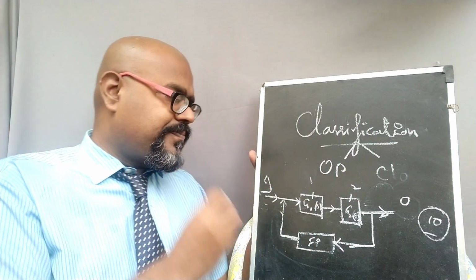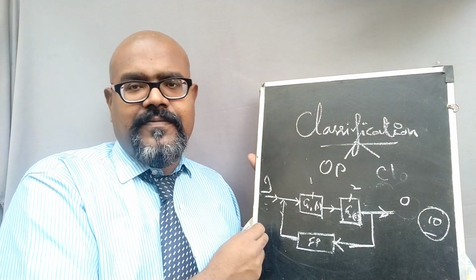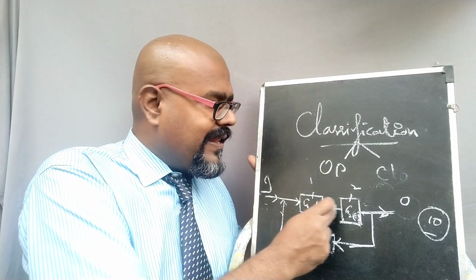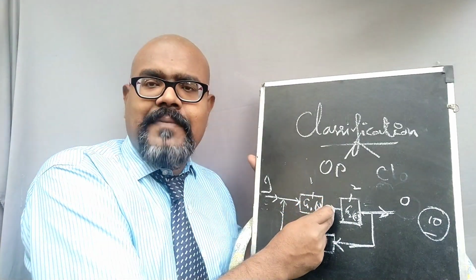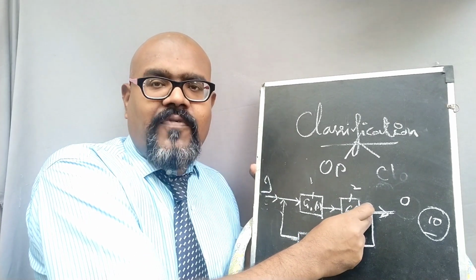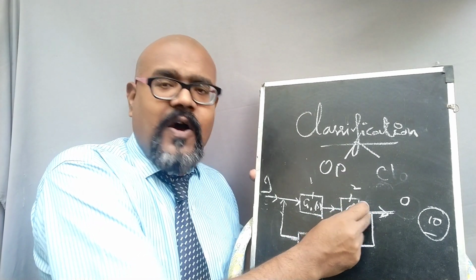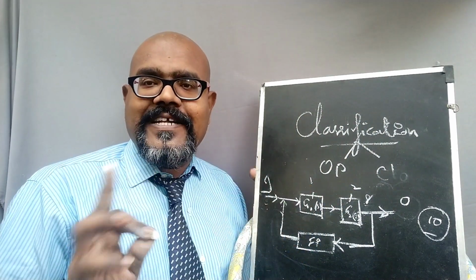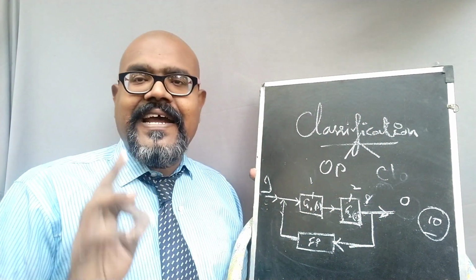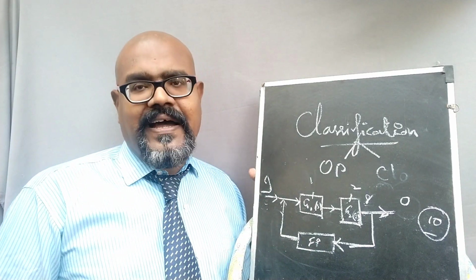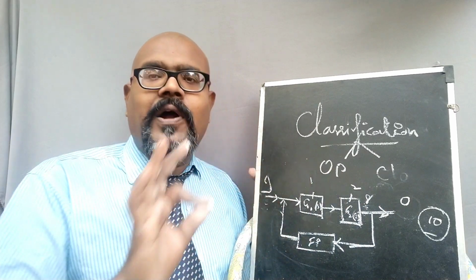Now if the system is functioning, suppose the input goes to the first element, then the output of element 1 goes to the input of the second element, then it will give the output. For example, the second element output is 8. We know that is not the desired response. 10 is the only desired response of the particular system. So the system itself shows that 8 is not our response.